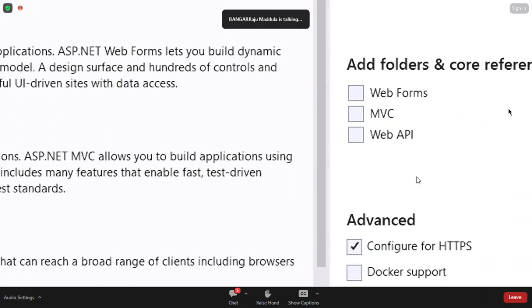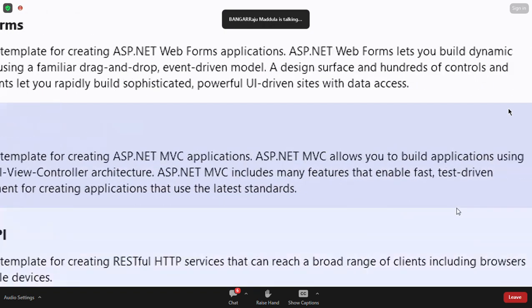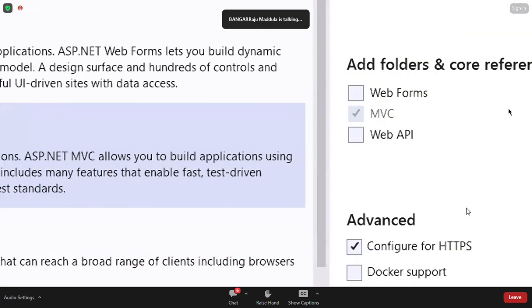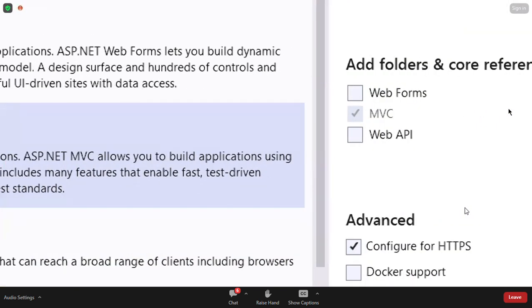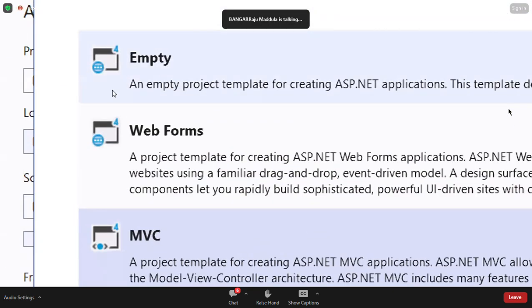What do you want? This is one style of doing it. Second option is to directly select an MVC project. If you select an MVC project, see, it is already selected. Then why these two options like this here? Actually, guys, when I select empty,